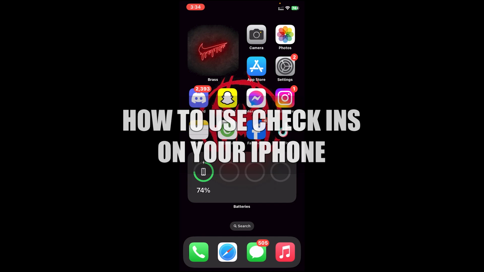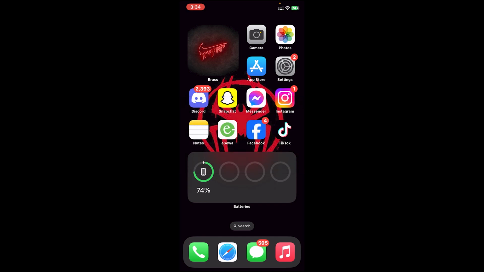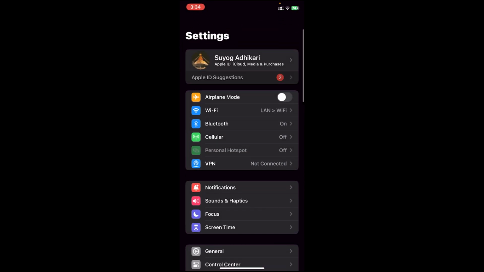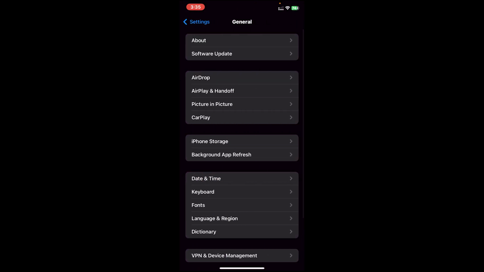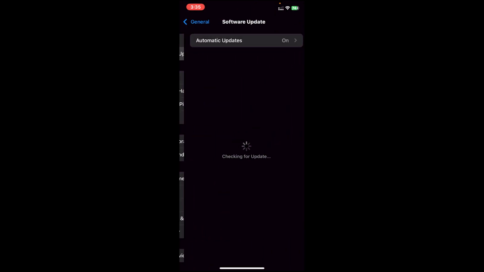First of all, to use this feature, make sure your iOS is up to date. To check if your iOS is up to date or not, go to your settings app, then scroll a bit down. After that, tap on general, then tap on software update. Then make sure you're running the latest firmware. If you see any update button on this page, tap on update, and once you install the update, go back